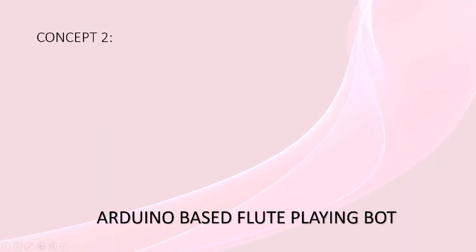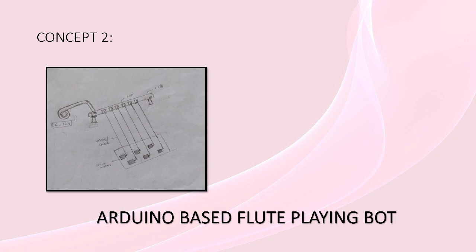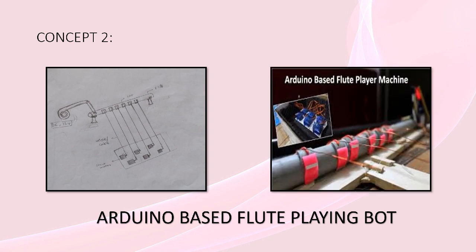The second concept generated was Arduino-based flute playing bot. In this system, several rubber caps attached to the servo motor arms act as human fingers. The servo motors work on the basis of pre-written Arduino code. The airflow to the flute is provided by an automatic air blower powered by direct supply. Airflow is controlled. This system provides us a provision to create air barrier after a particular tune gets completed.